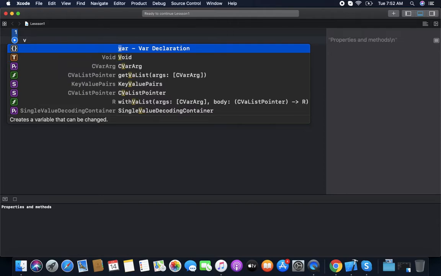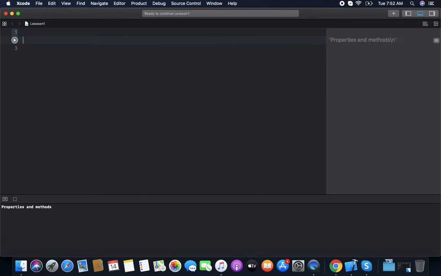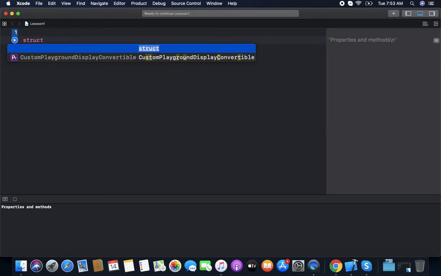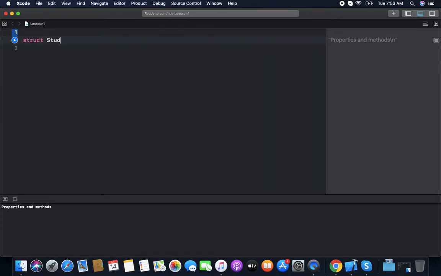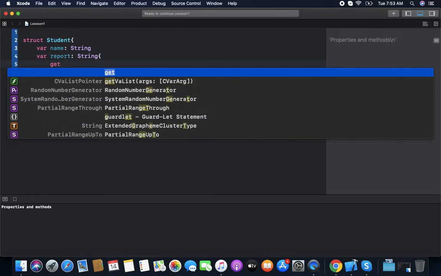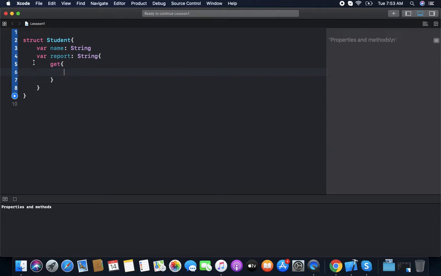Like we have a struct Student, where Student has its name as a String, and it has its report as a String. Let's have get, let's have set.